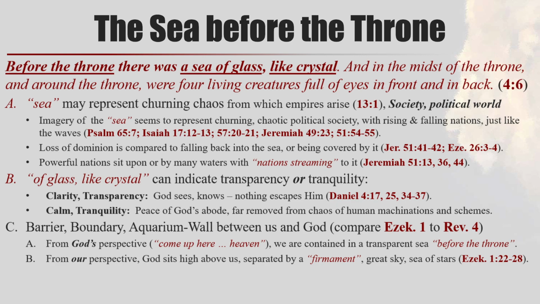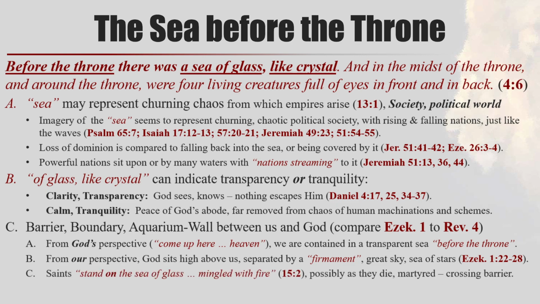And there being even other differences besides this that we'll see in just a minute. But that seems to be one of the strongest explanations. But I think, honestly, it could be all of these things. I mean, you can really harmonize all of these. It's still the political world, just like Daniel 7 and Revelation 13. It's removed from God. It's not directly affecting Him or ruining His place. And He sees right through it all. Nothing is lost to Him. And again, we would have very different perspectives being here on earth, living among this, thinking about God, versus God looking down on it. I think all of these things harmonize and are consistent.